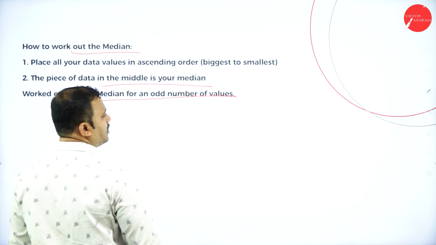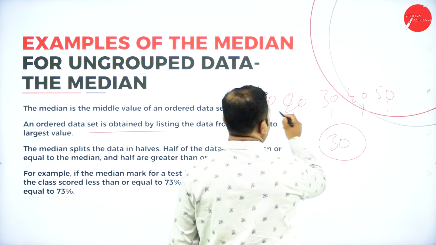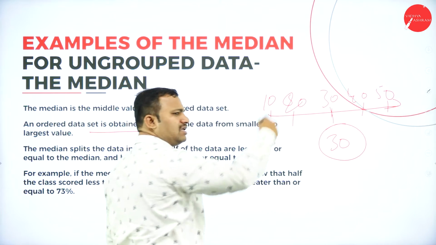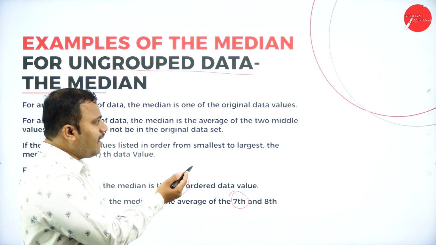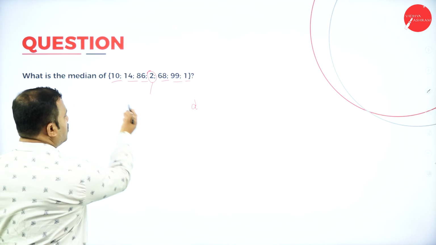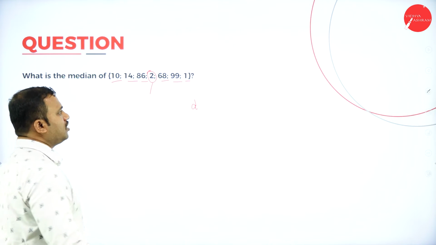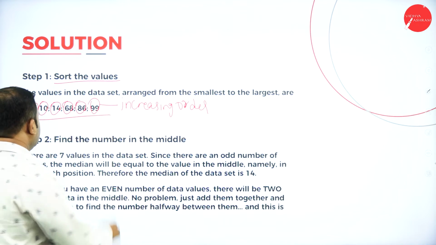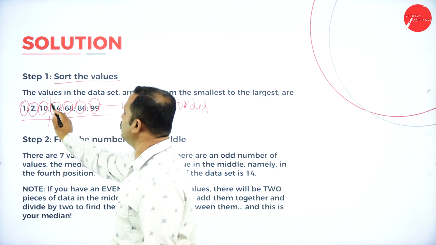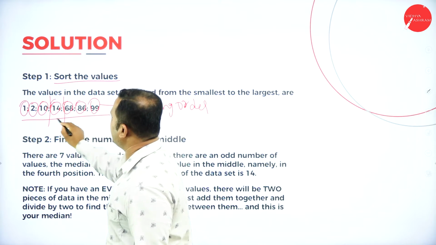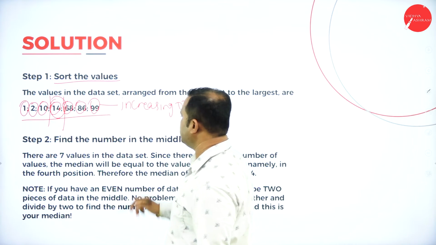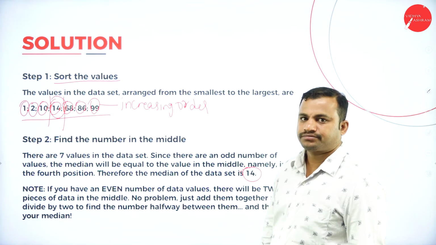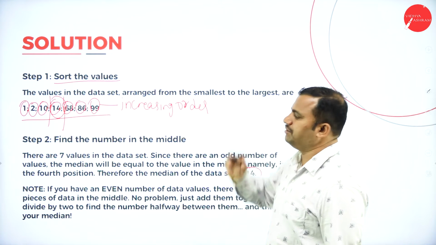In the earlier case, when I considered values like 10, 20, 30, 40, everything was in sorted order. What is the median of this? Obviously that is equal to 30. But in this case, do we have the values in sorted order? No, we do not have the values in sorted order. So we have to sort it first. If I sort it, it becomes like this. Then I will take the median of this: 3 towards this side, 3 towards this side. What is the value I have in the middle? 14. 14 is the median of this. So you can see it here. 14 is the median of those elements.